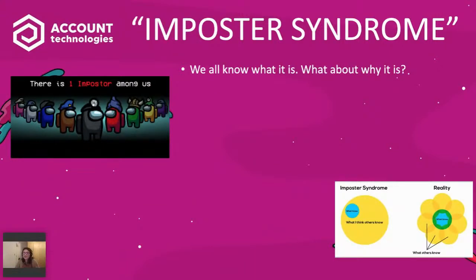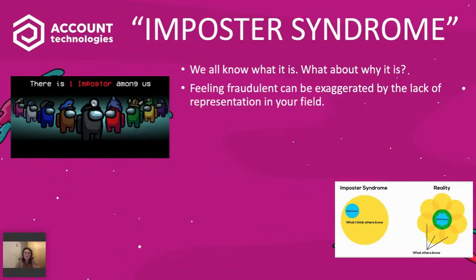But how can external factors lead into that? Because I think a lot of people will attest that the feeling of being a fraud can be so exaggerated when you can't see yourself in the others around you. Of course you would feel like an imposter if nobody around you is the same gender, or also part of the LGBTQ+ community, or the same race. Of course you're going to feel like an outsider, and that can lead into feeling like an imposter and having all of that self-doubt.